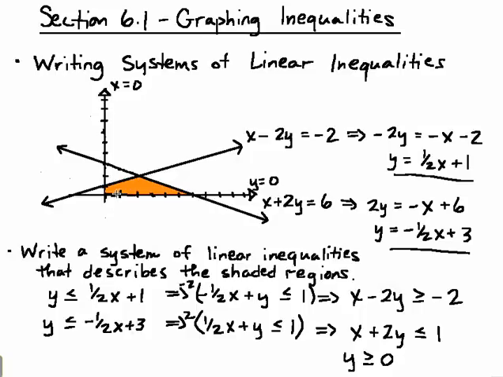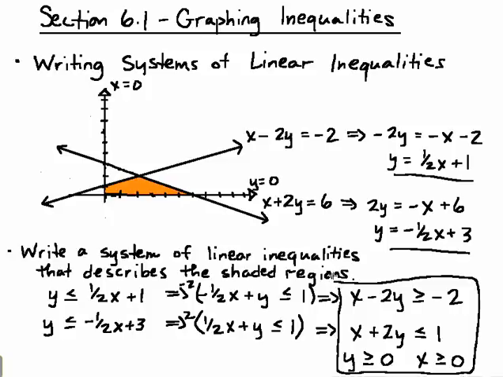And the orange region, we can't think of it in terms of up and down, we need to think of it in terms of left and right. The orange region is to the right of x equals 0. Right is greater than, so we write that as x greater than or equal to 0. So our system of linear inequalities consists of 4 inequalities. x minus 2y greater than or equal to -2 and x plus 2y less